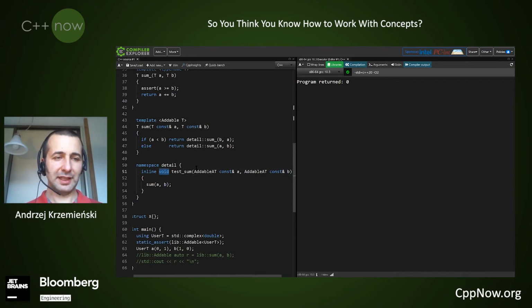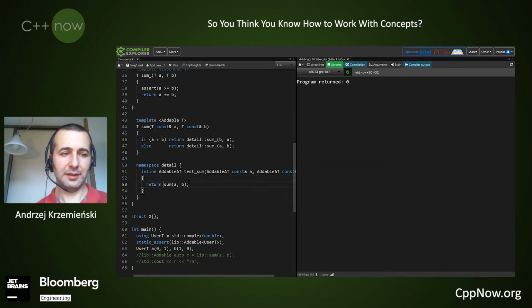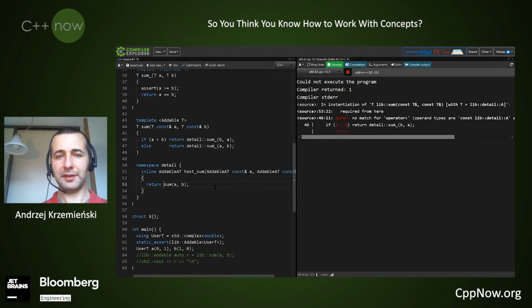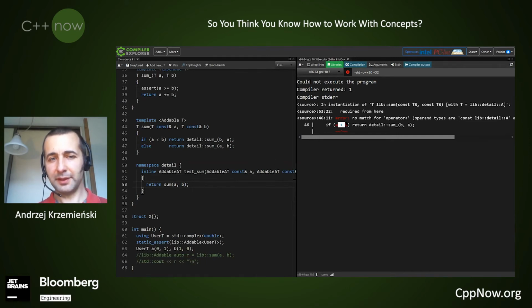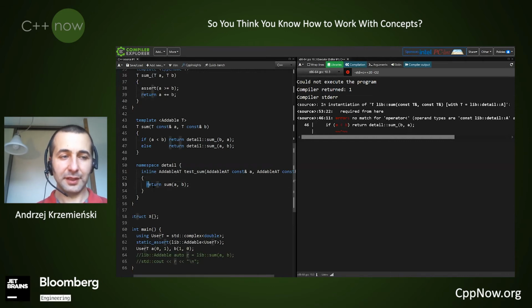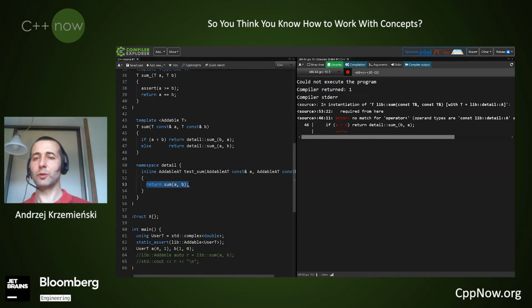And we can additionally test if the result type is addable. Let's run our test, that is, compile the code. Again, we can see the same error, but this time this error comes from our test. So we detect our bug, not our customers.